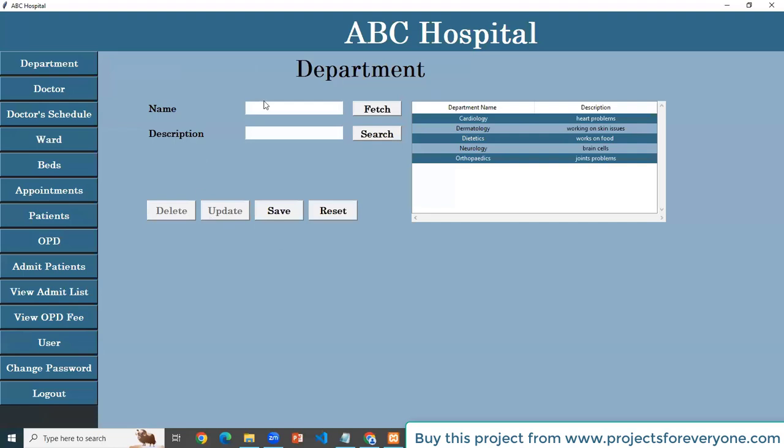As you can see, our home screen contains many options. First of them is department. You can view all given departments and create new ones.